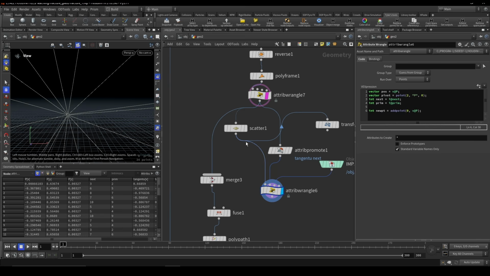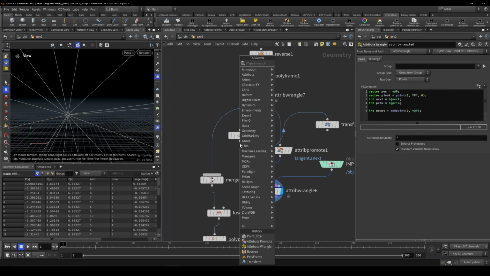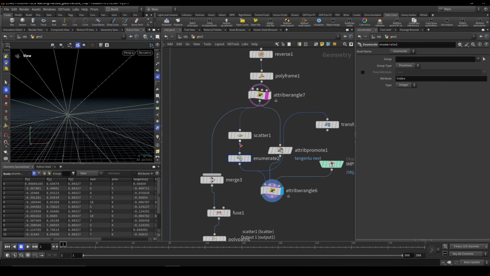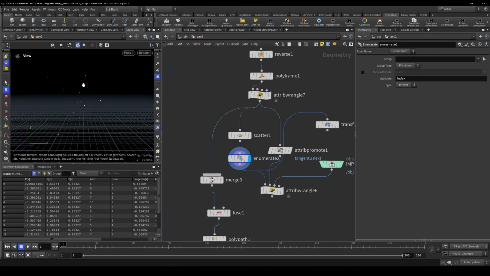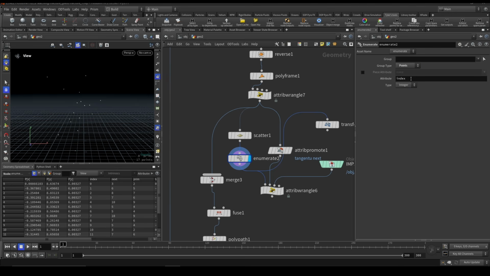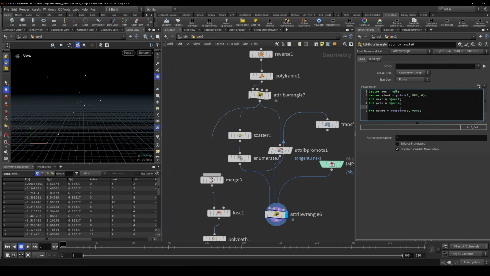So when we actually move this point in space, we're gonna need to add a new point each time, and this point's actually gonna move. So let's go ahead and we need to also set an index. So we need to enumerate this, and this will just create like an ID for each point. So we can just say index. We can just call it index if we want. So index is equal to